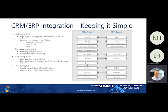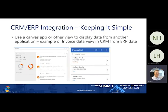Okay, I'll click through and talk a little bit about these Canvas apps. That was what I was just referring to. So a Canvas app is a view. You could create a Canvas app or view of information from one system and display it in another system. So in this particular case, this on the left here is representative. This whole thing is a screen that is available in a particular CRM implementation. And in this particular case,